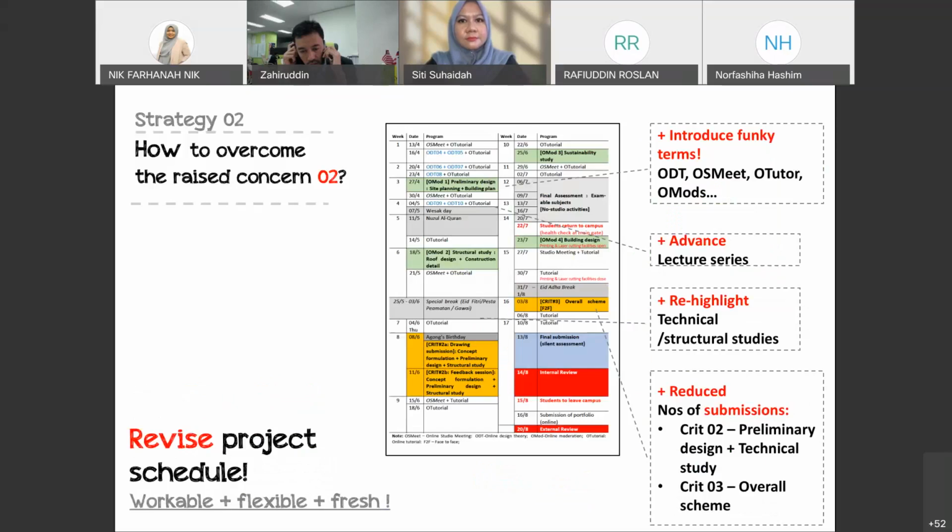Okay, so number two is how we overcome the risk concern. Number two is the understanding of the students, particularly on construction and technicalities. So what I did was I revised the project schedule. Of course, everybody did that. Every lecturer had to do that. But my aim was for it to be workable, flexible, and the most important thing, fresh. Fresh in a way that I want it to be something different so that it doesn't scare the